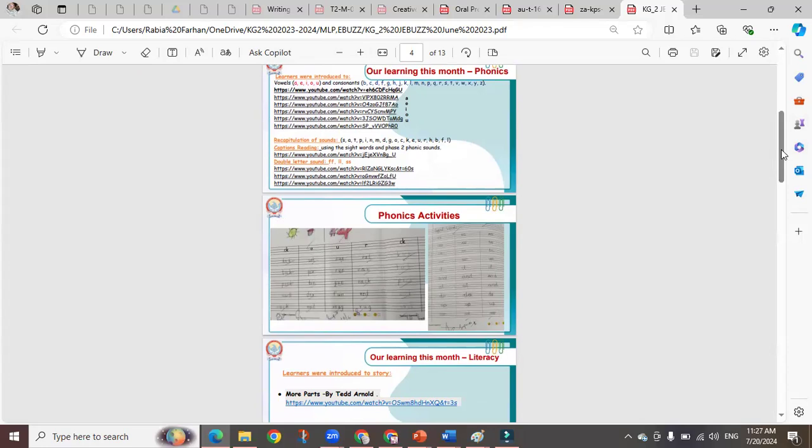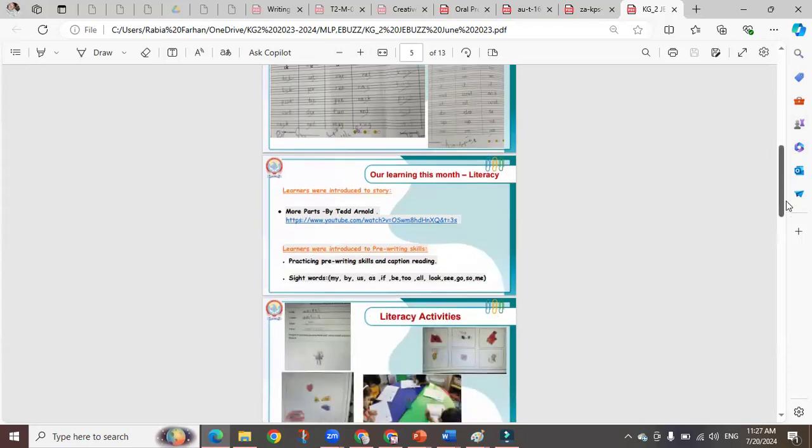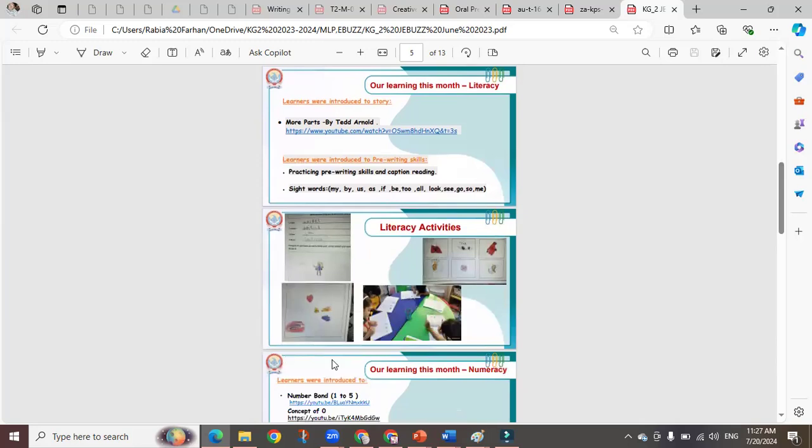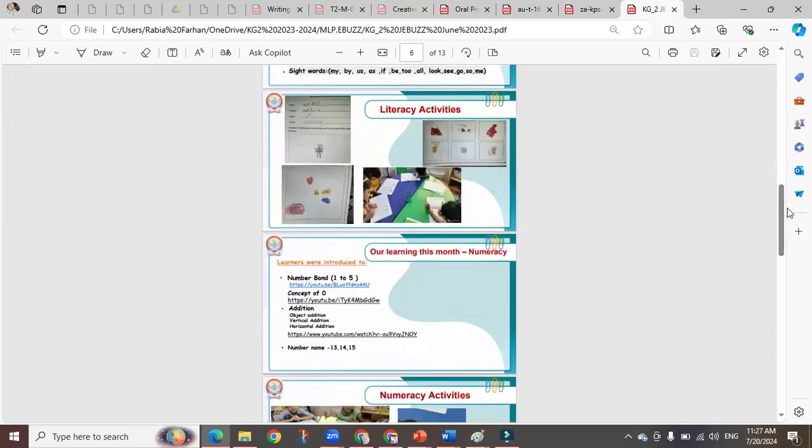Then for literacy, we separate what stories we have done in the classroom for literacy, and how they have done the stories. We are going to share their worksheets or their class learning at the same time. We share the pictures in that. Same goes for numeracy. Numeracy, all the topics which we have covered, we are going to share that along with the